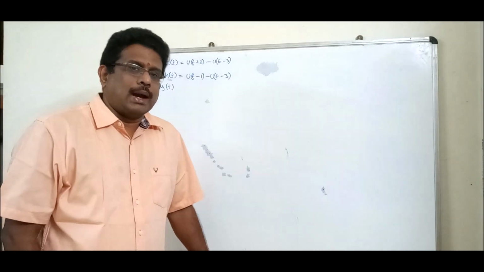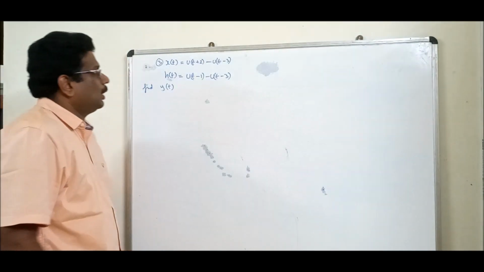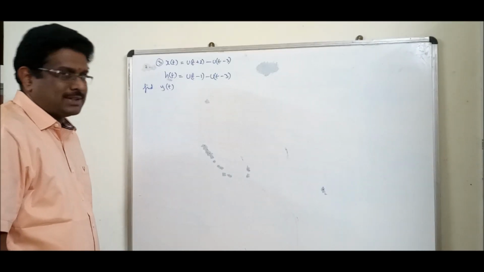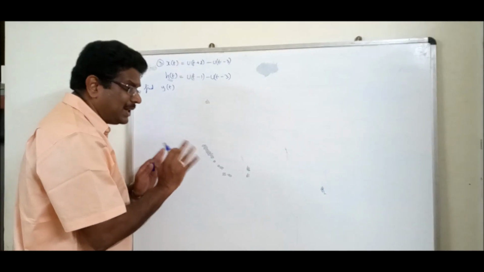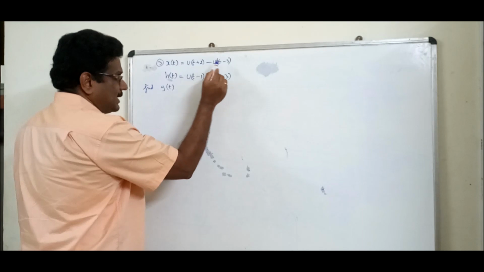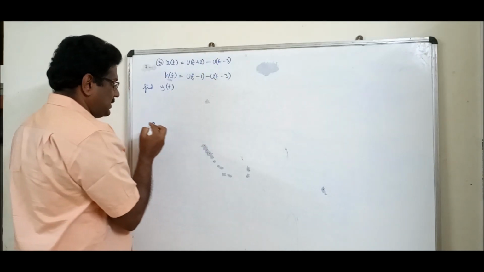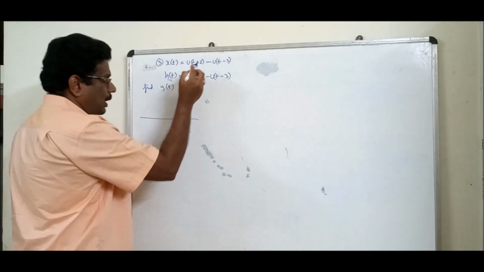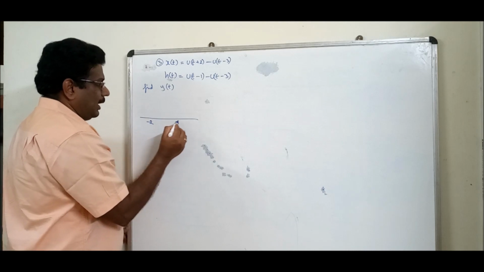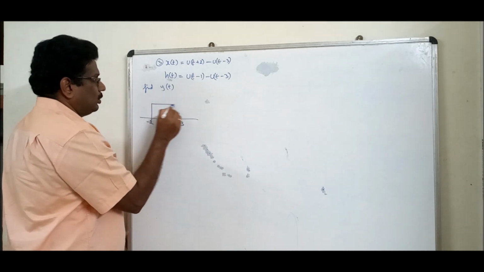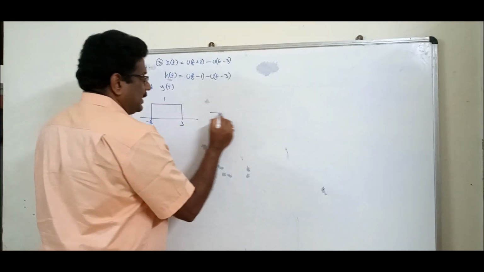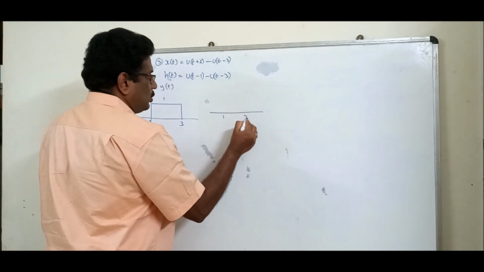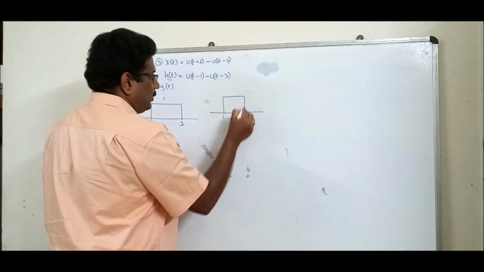Let us do another problem. Both are rectangular signals. So, you should do the preliminary sketching. Sketch this minus this, all the work you have to do. But let me do it in general. It is minus 2 to 3, its amplitude is 1. What about this signal? This is 1 to 3, whose amplitude is 1.